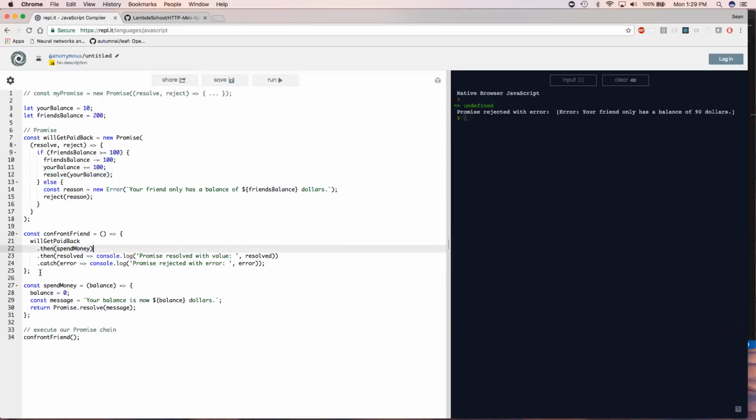Okay, so inside the confront friend function, now we can call an additional .then method, passing it the spend money function. So now this flow basically represents: execute the promise, we see if the promise transaction occurred successfully, and if it did, we say then go and spend the money, right? And then what's nice is with .catch,